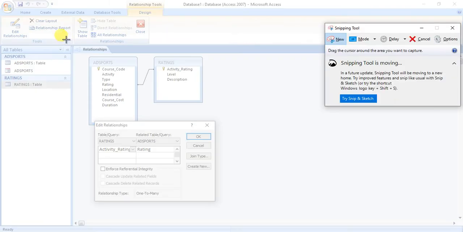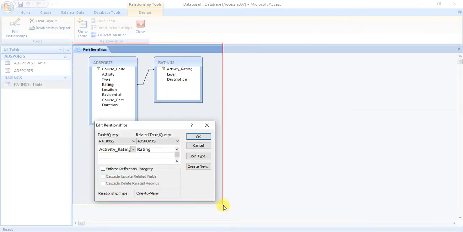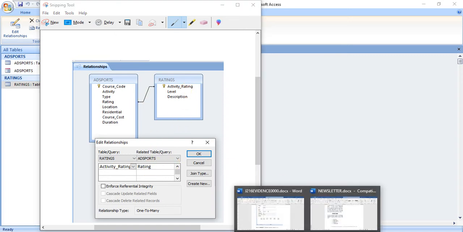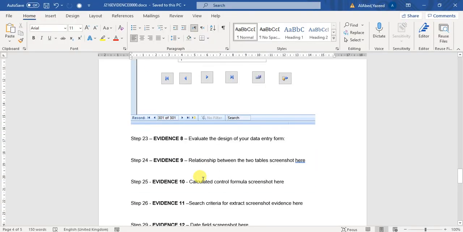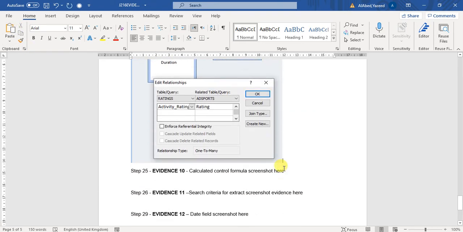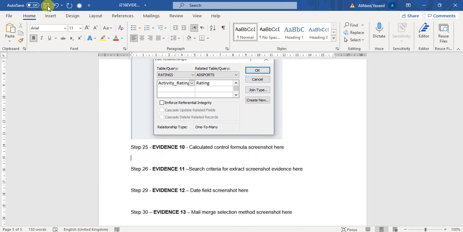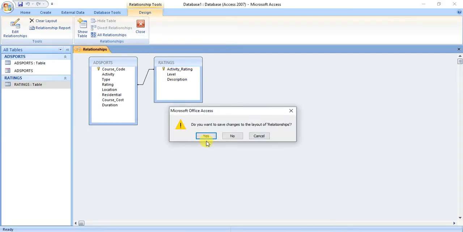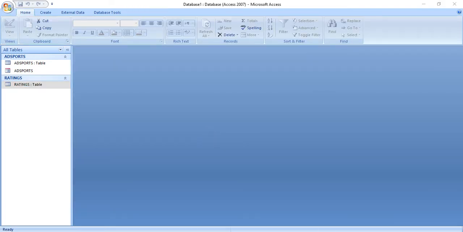This is the relationship. It is showing one to many, the names of fields and the diagram. So go to your evidence. This is why we don't close our evidence. This is the relationship. Okay, then save this one. Go. Okay, close. Yes, save. After this,